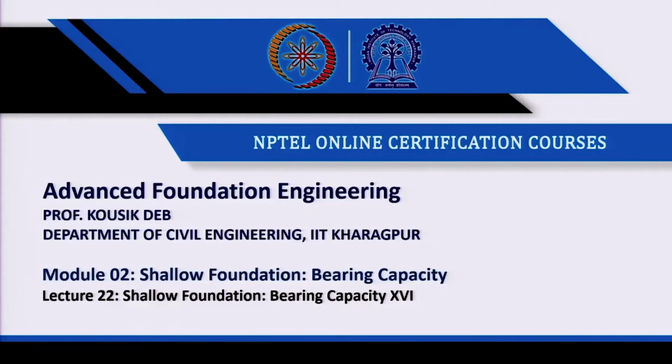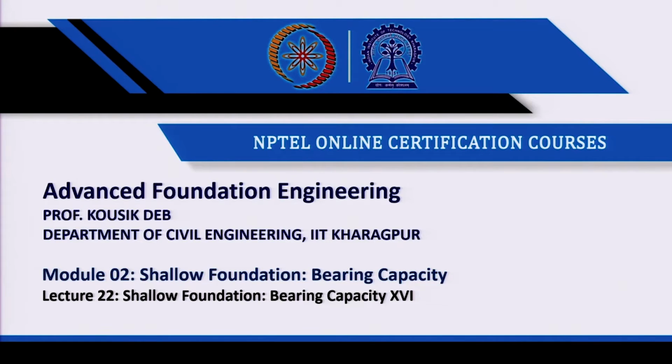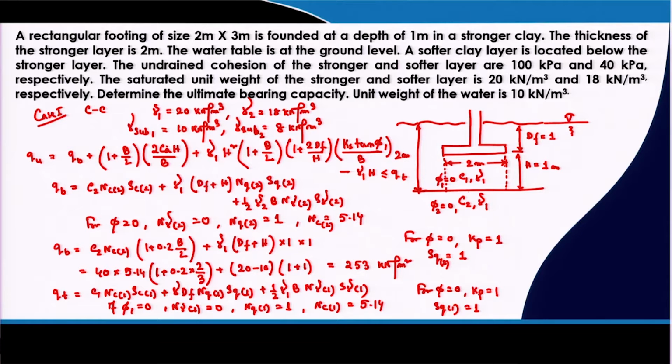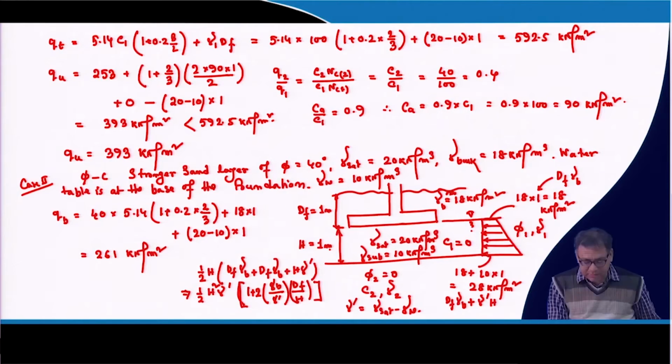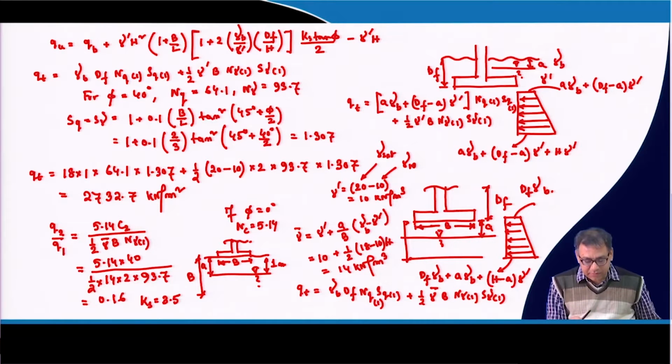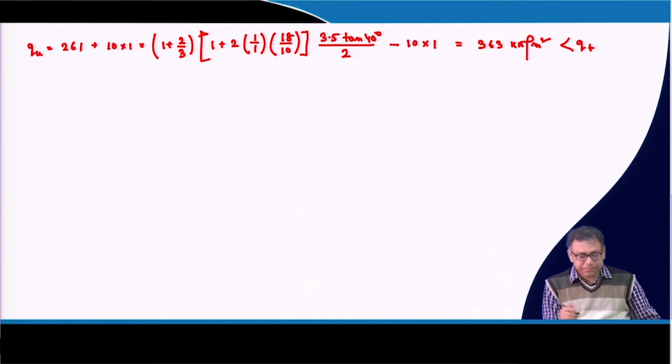So, last class I was discussing the bearing capacity of layered soil, and I solved the second case, that is the stronger sand on top and the weaker clay as the bottom layer. Now, this class I will solve the third case. Case 1 that I have solved was stronger clay versus weaker clay, then stronger sand versus weaker clay. Now, the third case,